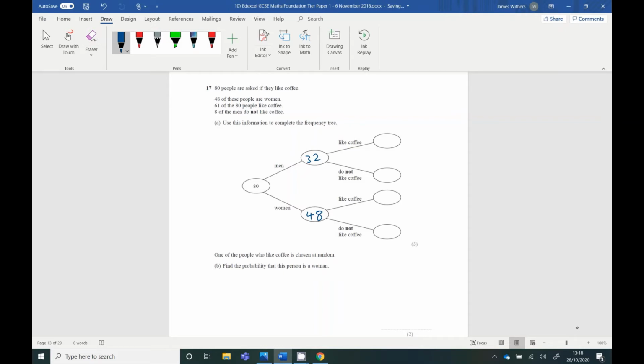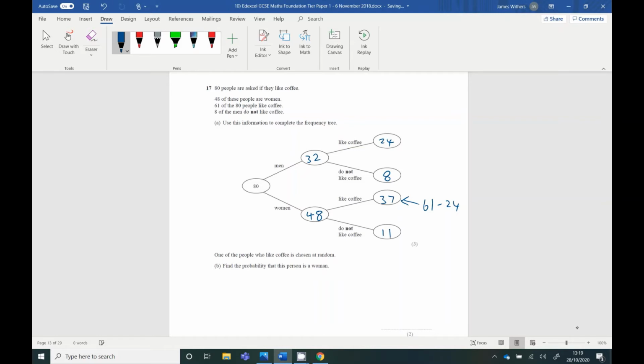8 of the men do not like coffee. So men who do like coffee, that must be 32 take away 8, which is 24. Now we're told that 61 like coffee. Well, 24 of those are men, so how many women like coffee? So 61 in total, take away the 24 men. So that's 37. So that means that there must be 11 women who do not like coffee, because 37 add